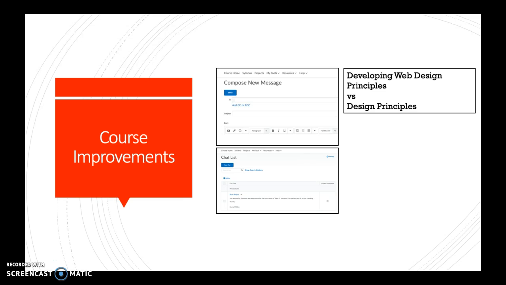Also, I thought there could have been a better tool for the instant message chat. Again, I tried to use it and no one ever responded. I'm not even sure I have ever gotten a chat message on it. It just seems like it could be improved a lot more and be more robust, like Google Hangouts or something like that, so students would be able to use it and collaborate a little bit easier.